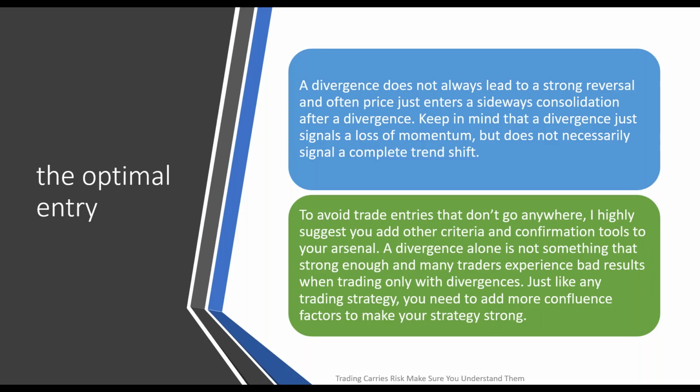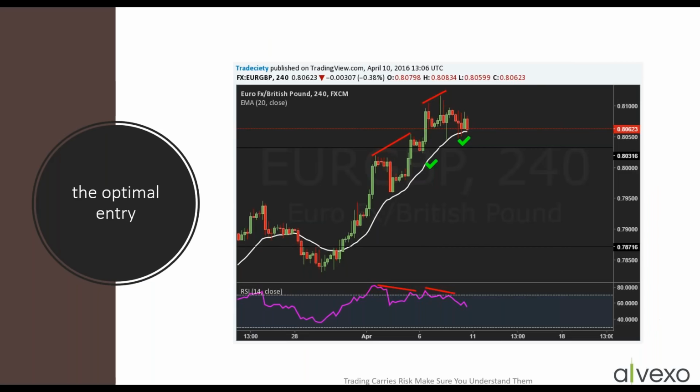Because see, MACD tells us three stories, because we have the histogram, we have the MACD line and the MACD signal line, and MACD gives us three different scenarios that we can use. So we have our overbought and oversold indicator in there, we have a momentum indicator, and we have a transaction indicator. So we have everything combined into that MACD. Okay. So just like any trading strategy, you need to add more confluent factors to make your strategy stronger.